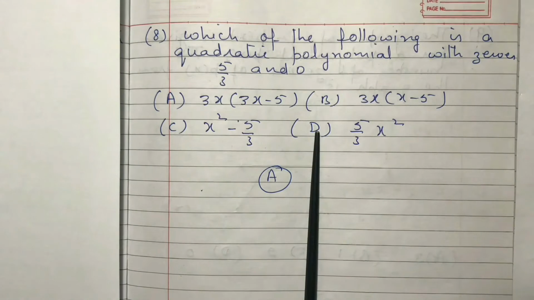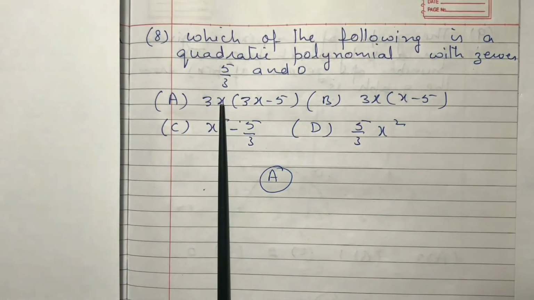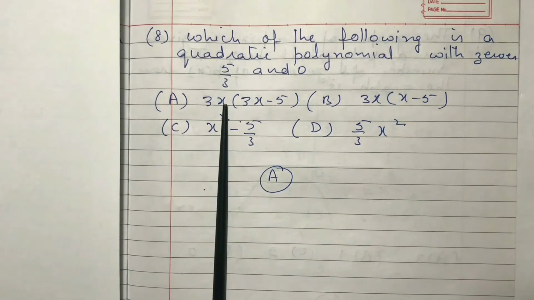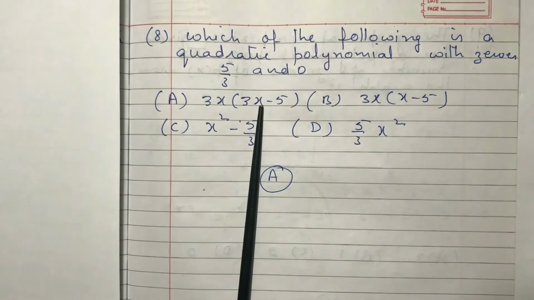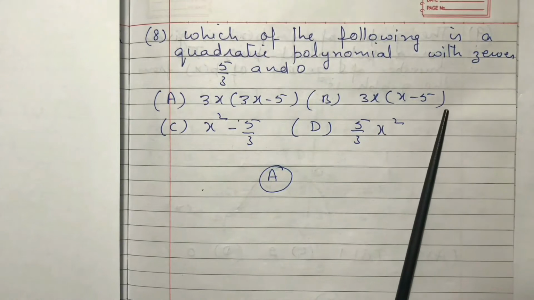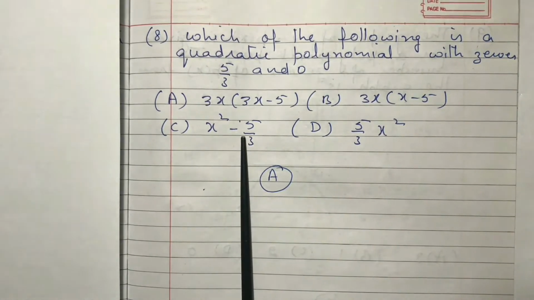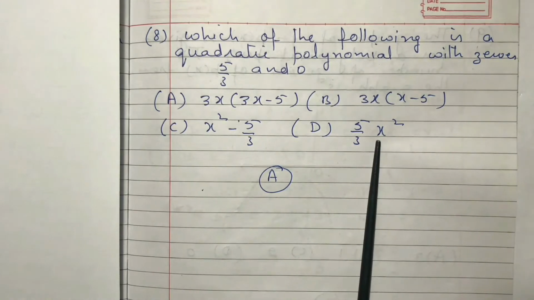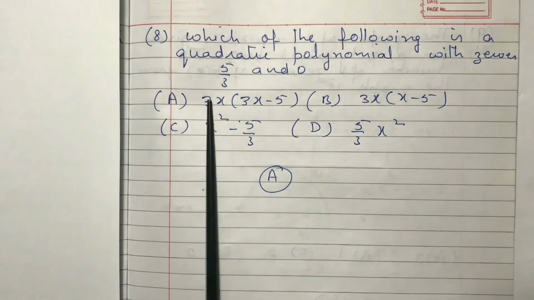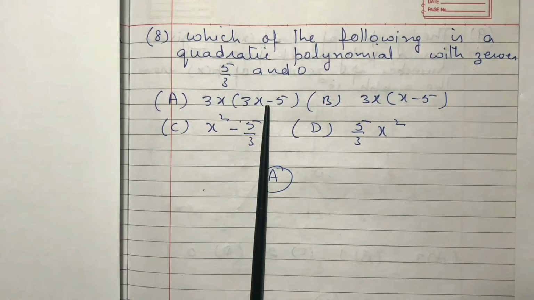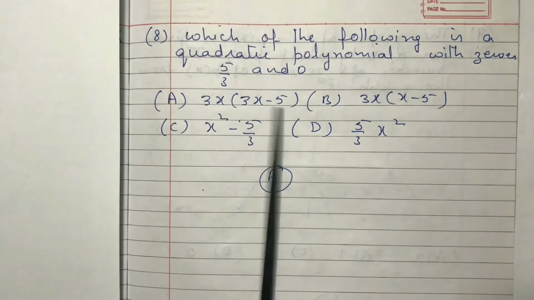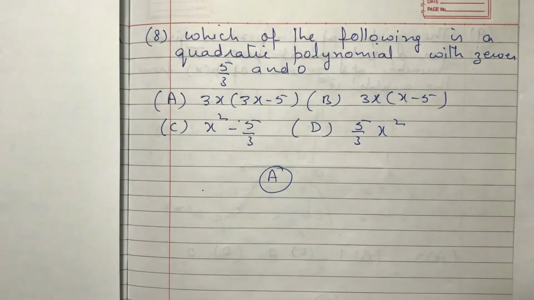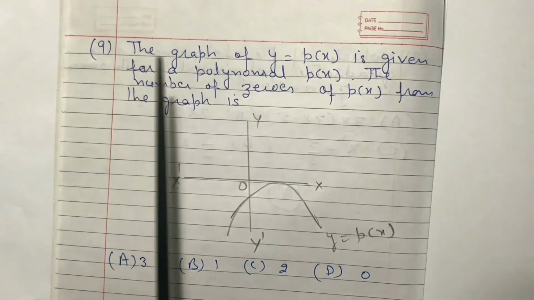ऑप्शन में आप देखोगे कि इसके जीरोस 5/3 एंड 0 आ रहे हैं। यहाँ पर अगर ये पॉलिनोमियल होता है तो इसका एक 0 आएगा 0, दूसरा इसका आएगा 5/3, यहाँ पर प्लस माइनस रूट 5/3 आएगा, यहाँ पर आपका 0 आएगा। तो एक यही बनता है आपका क्वाड्रेटिक जिसमें आपका जीरोज आ रहे हैं 0 एंड 5/3। सो ए इज द ऑप्शन।